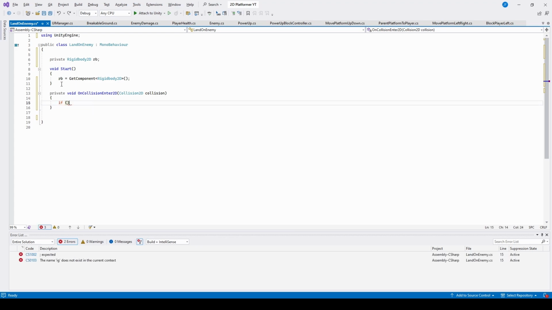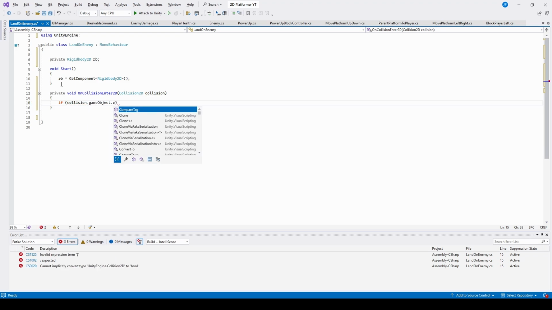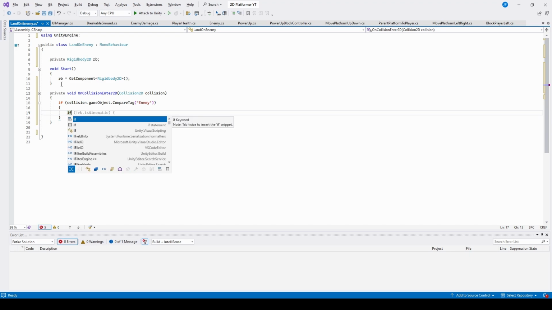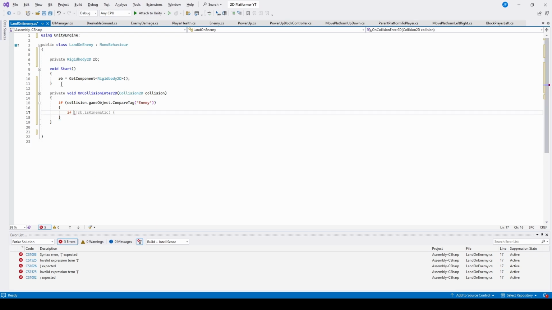So if collision.gameObject.CompareTag, and then inside here we want to check for enemy. So if it has a tag of enemy, then what we're also going to want to check inside of here is